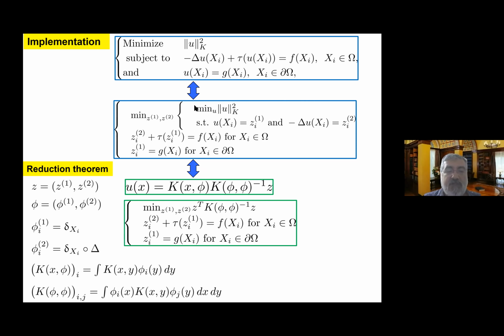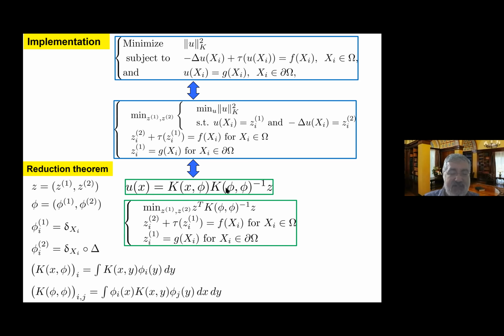Now, observe that this minimization over u is a linear optimal recovery problem, for which we have the following representer formula involving those slack variables z, which are in turn identified by plugging in that u in that expression and minimizing the following optimization problem, which is quadratic in its loss and nonlinear in its constraints. Now observe that this optimization problem involves this